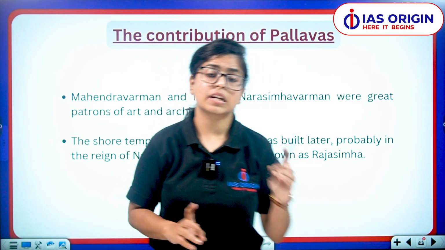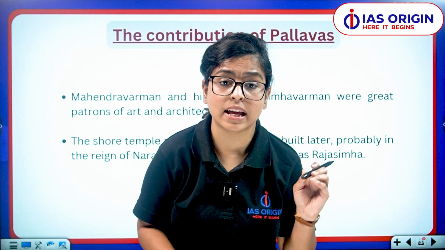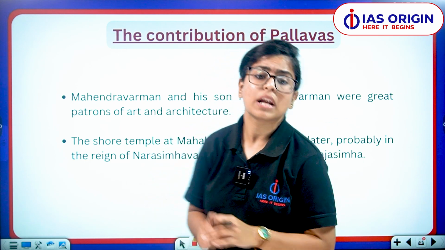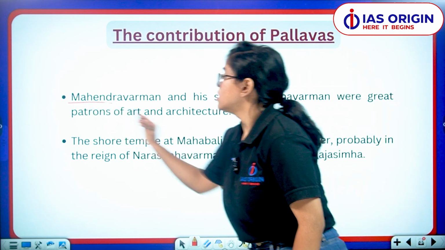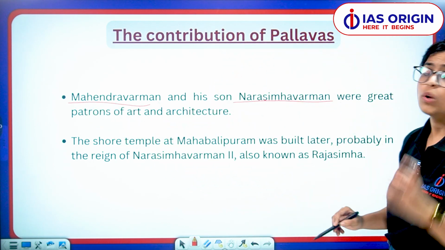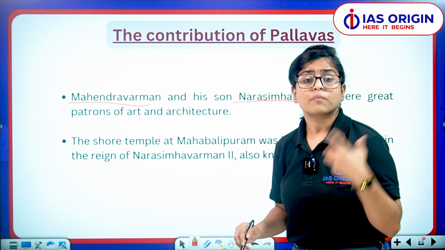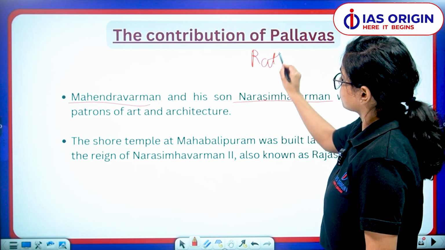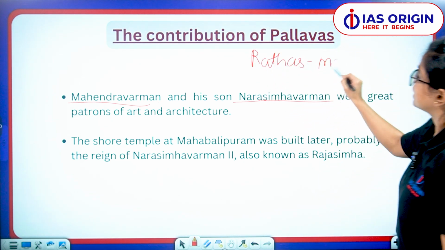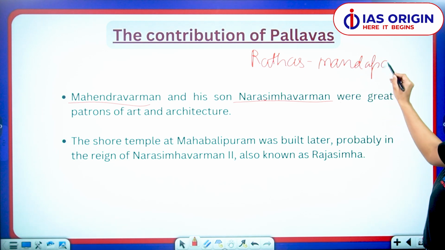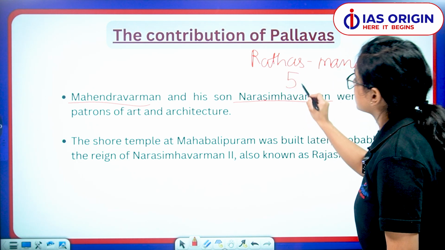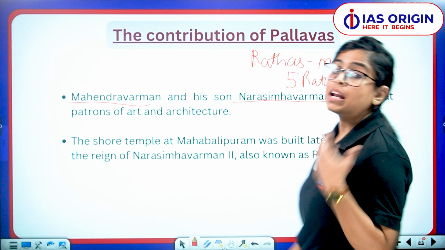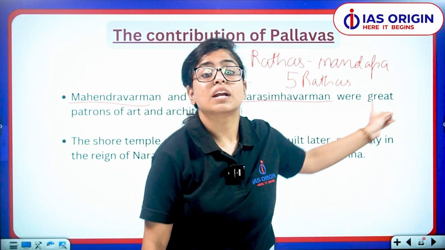When we talk about the Dravidian temple, major contribution रहा है Pallava and Chola dynasty का. You might have heard of Brihadishwara temple, Shore temple, all these. When we talk about Pallava dynasty, Mahendravarman and the son Narsimvarman were the great patrons of art and architecture. When we talk about the old temples of Pallava, they were variously called as Rathas. वहाँ पे जो मंडपा रहता था, they were called as Rathas. And the most famous Pancharatha you might have heard, Pancharatha in the shore temples of Mahabalipuram or Mamallapuram are the example of these Pallava architecture.